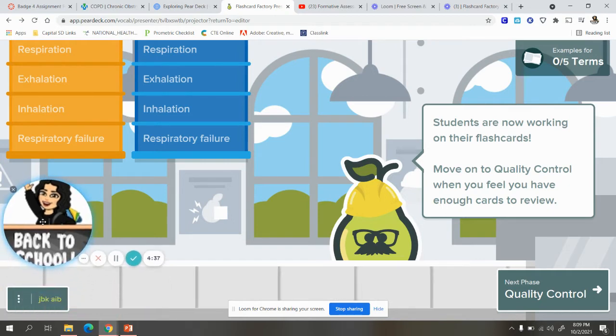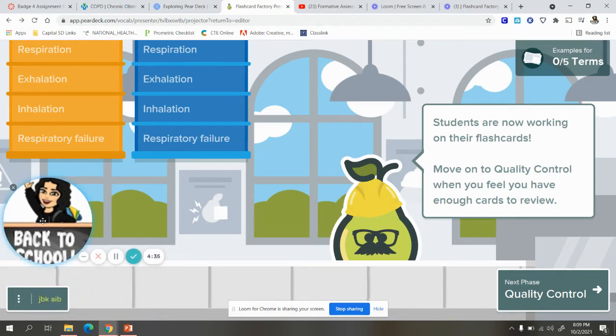This screen would be accessible to the entire course or all of your students. And what you see right now is I've already started the process of the students working on this activity. If you have students that come in a little bit late, they can join using the code JBKAIB at any time, and they will join the session, which is really awesome because we know that sometimes people don't always get